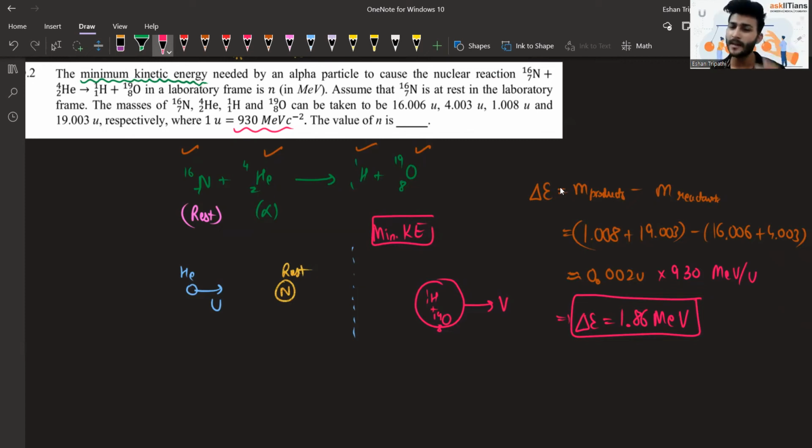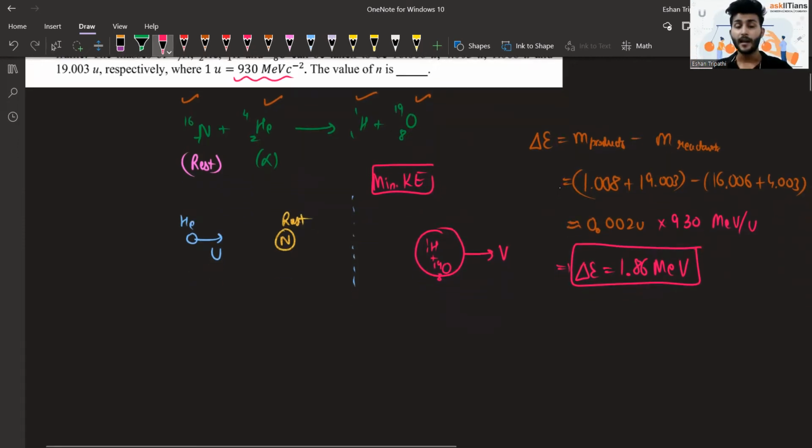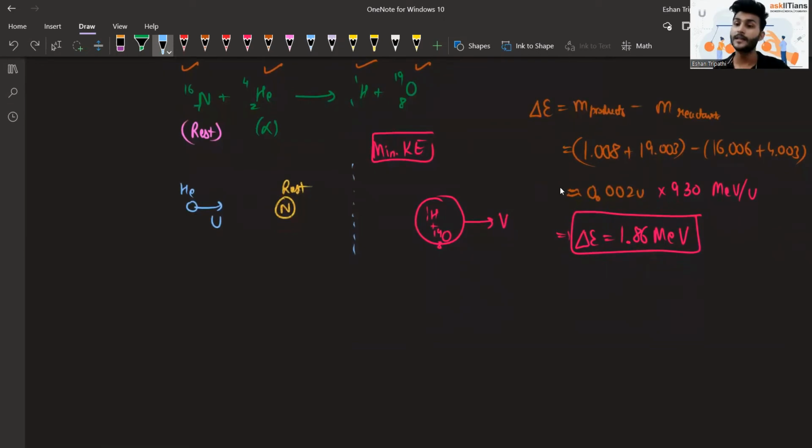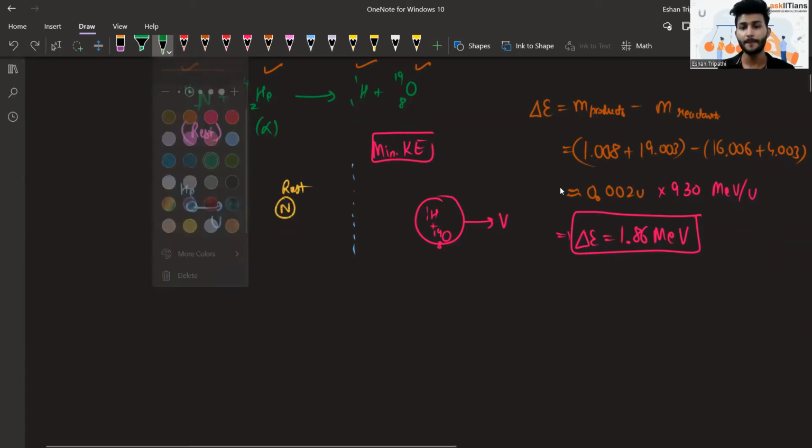But it does not mean that alpha particle needs to have this much energy only, because even when this alpha particle hits it, it does not just go into this increased mass. It is certain that it will have some momentum. So we are not going to say that this kind of thing happens, that same energy gets transferred to it. There has to be a momentum finally going in this combined system also. So the real way that you're going to actually do it with this, you will say